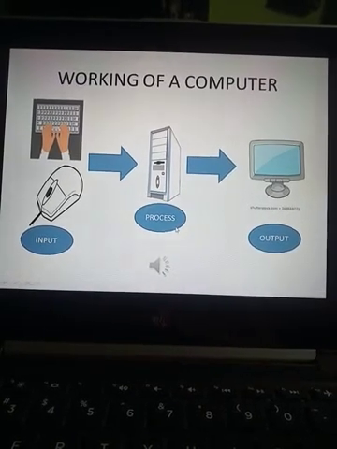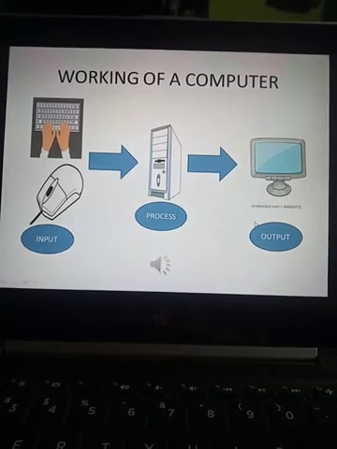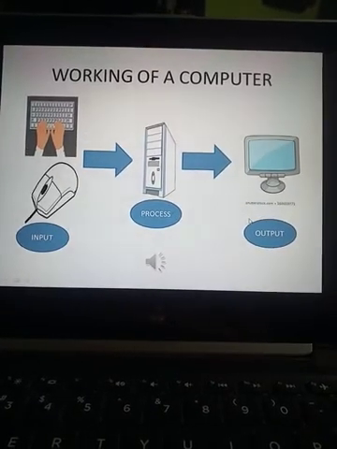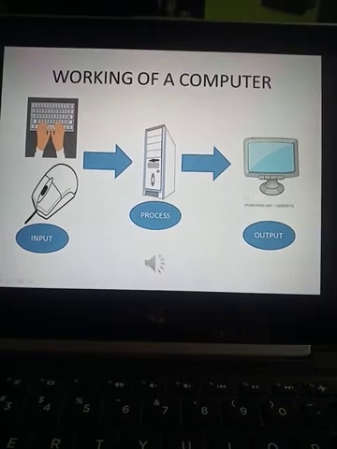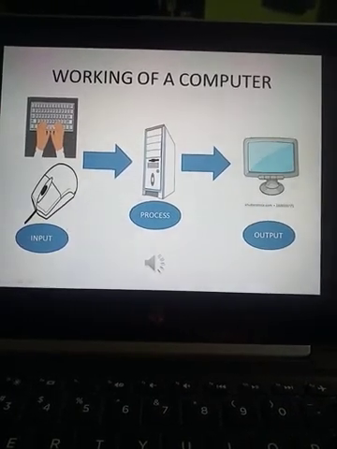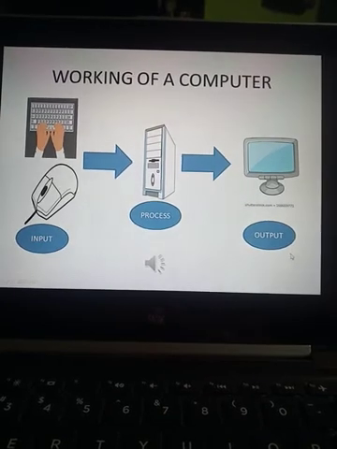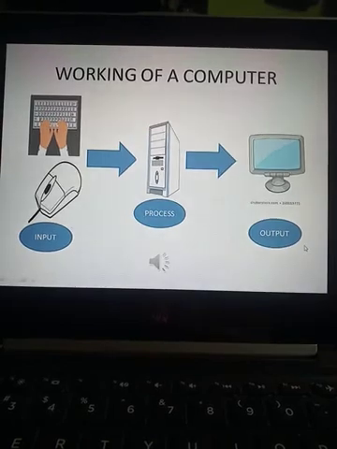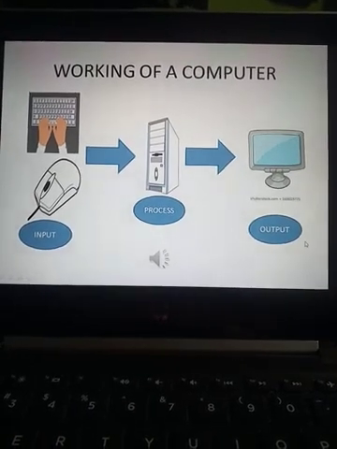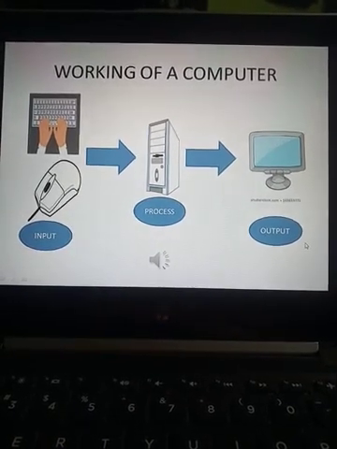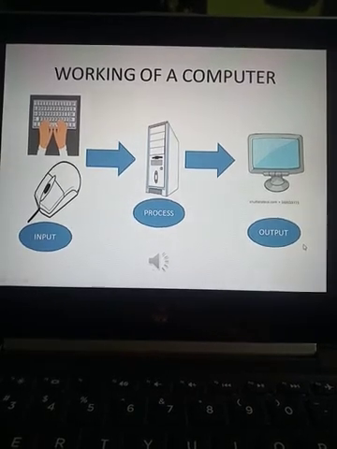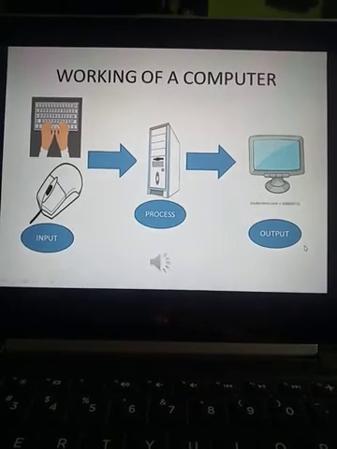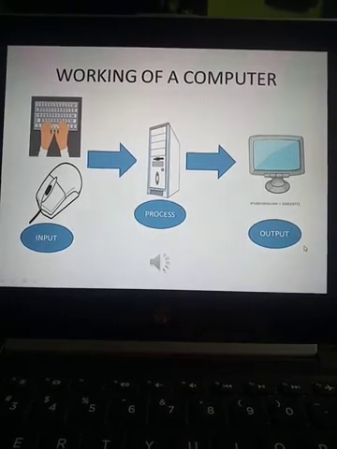Understand? You have input something in the computer. Now the processing is being done by the CPU. And when the processing is finished, the output is displayed by the output device, that is the monitor. Understand? So this is the working of a computer which requires input. The input is processed, then we get the output. Okay? Now in the next slide we will understand the types and parts of software.